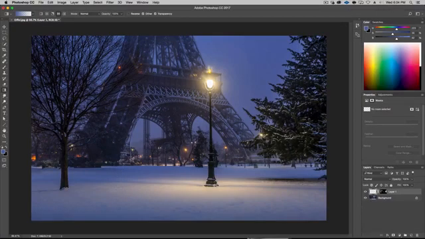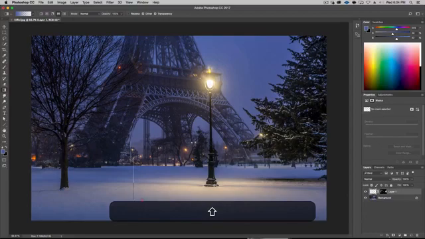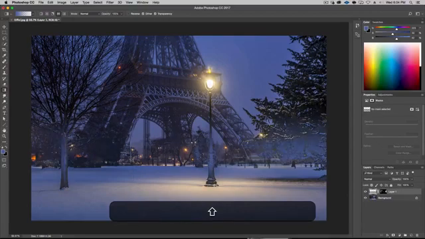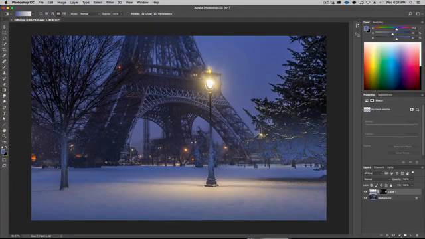Let me show you. I click, I hold down the shift key to make sure that it's nice and straight, and there you go. Now the only thing is, right now it's putting it in those trees because I selected the trees, not the background. I need to invert this mask. I select the mask, as you can see here. This is the layer selected. This is the mask selected. It has little crosshairs around it.